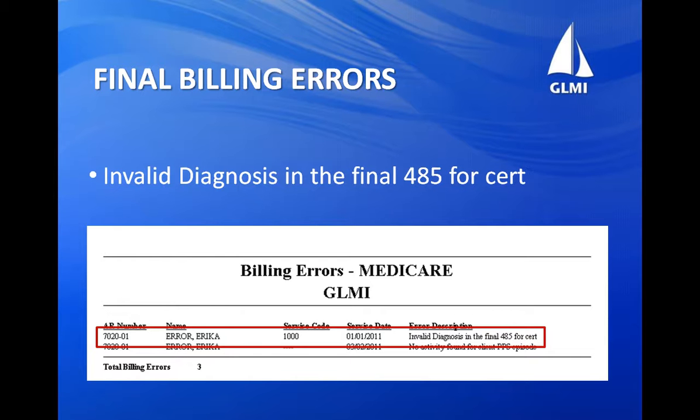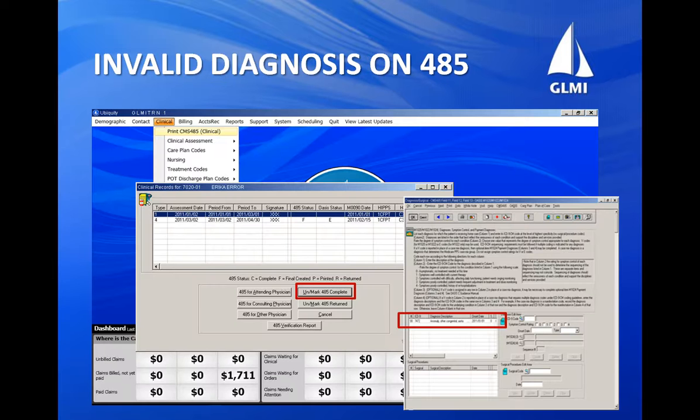Now we'll look at the error Invalid Diagnosis in the final 485 for CERT. This is caused by an invalid or expired diagnosis code having been entered on the clinical assessment and then finalizing the 485 with this code not corrected. To correct the invalid diagnosis code, first we'll want to verify all diagnosis codes in the clinical assessment are valid